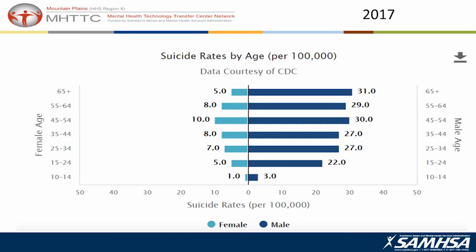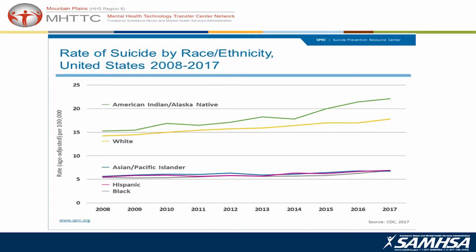Currently, the age group that tends to be the highest is actually 45 to 54. It used to be the geriatric age. That's come down a bit. So, race and ethnicity. We know that American Indian and Alaska Natives as a group have higher rates, and there's even been an upward tick there. And then white males in particular is the next highest group. Asian Pacific Islanders, Hispanic, Black tend to have lower suicidality. That certainly doesn't mean that individually, when you are working with someone in those ethnic groups, they can't be at risk, but this is just general across the population.